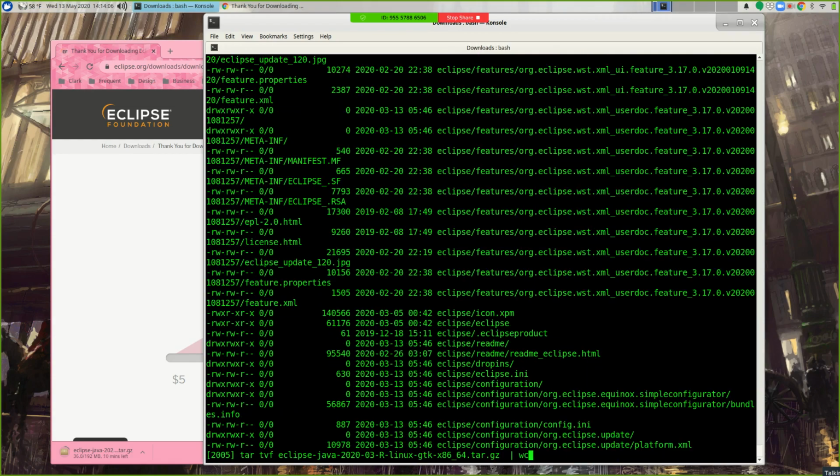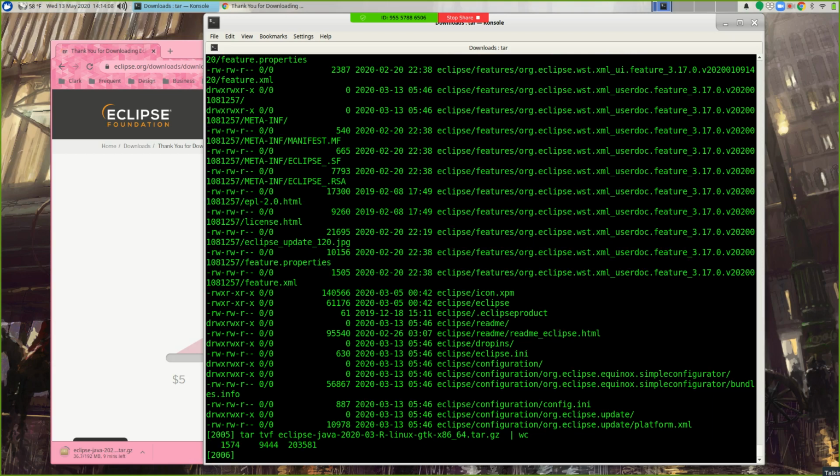Okay. And it's 1,500 files. Okay. So again, Windows, this will be a different install experience. Linux, which hopefully most people are using at this point, download the tar.gz file, untar it into wherever you want your Eclipse stuff to live. Okay, you can do this in your own directory. You can move it over to a system area. You can make links or whatever.